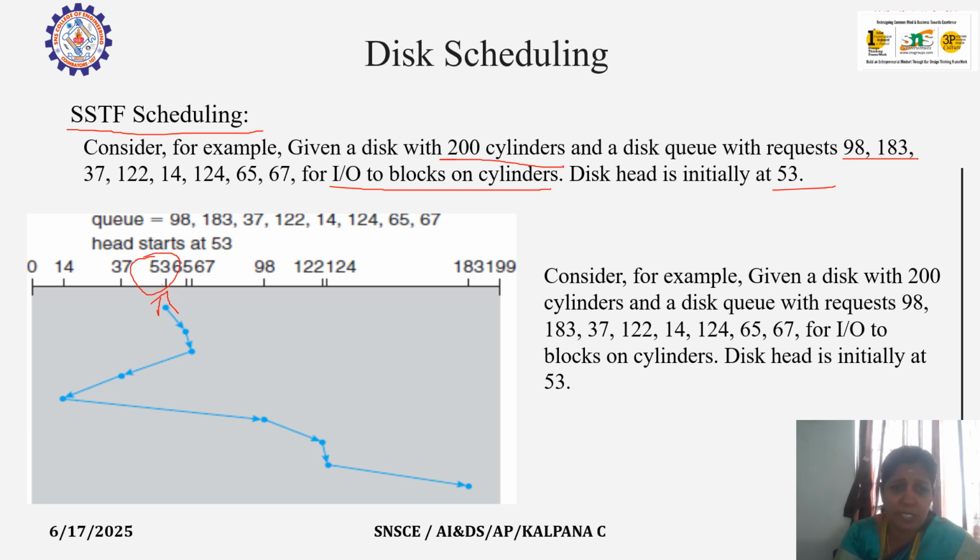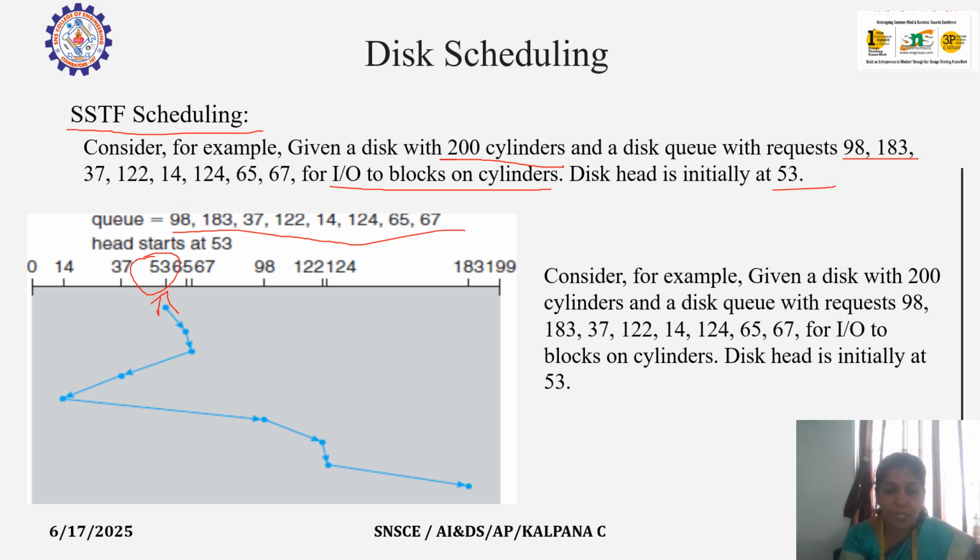We'll see which one that is. 53 is the initial position. So from 53, we need to calculate for each request in this queue. We subtract 53 from 98, and 53 from 183, 53 from 37, 53 from 122. Like that you have to do it and find which has the shortest